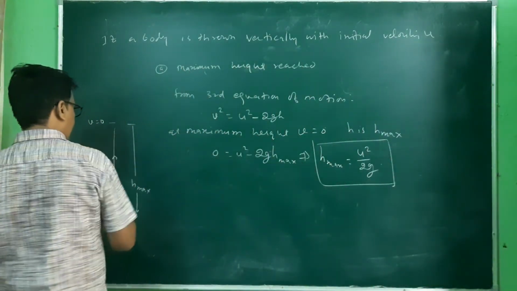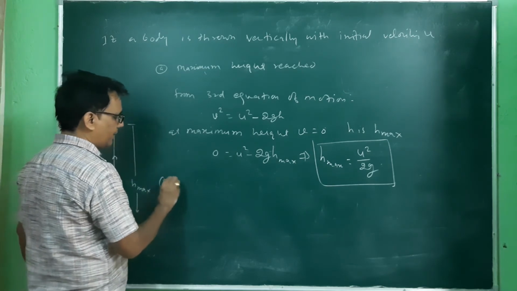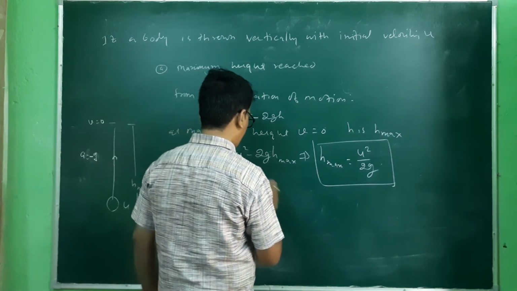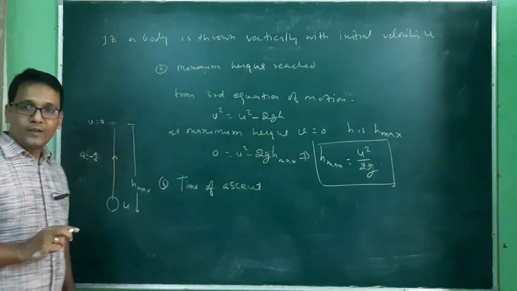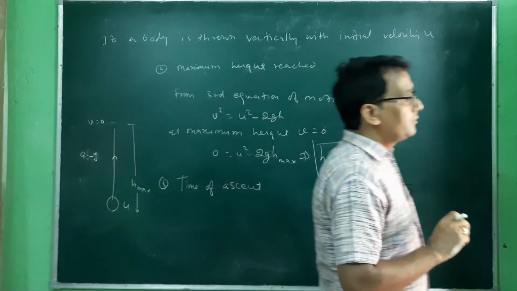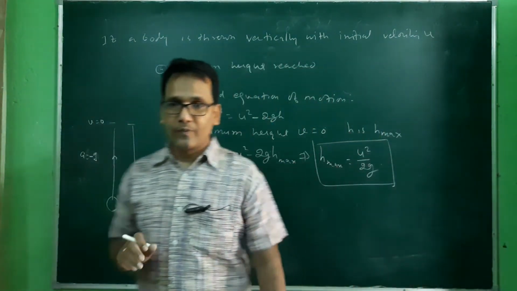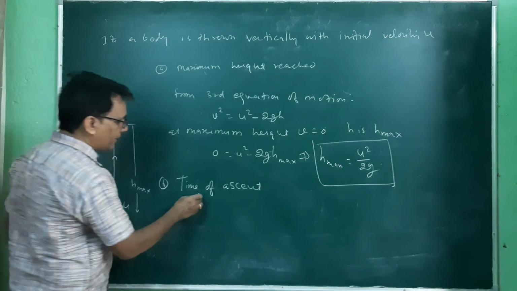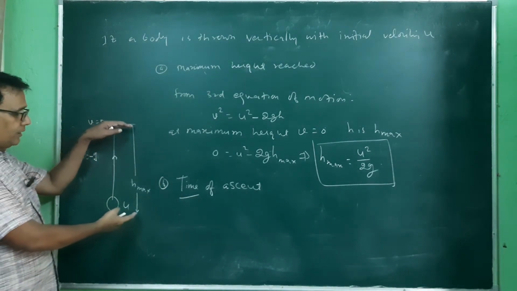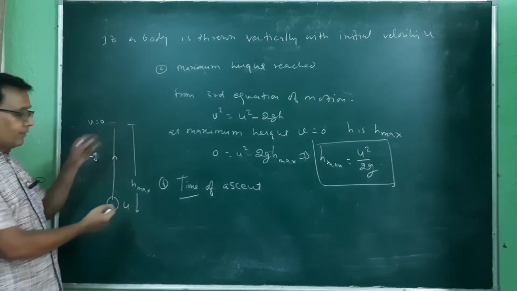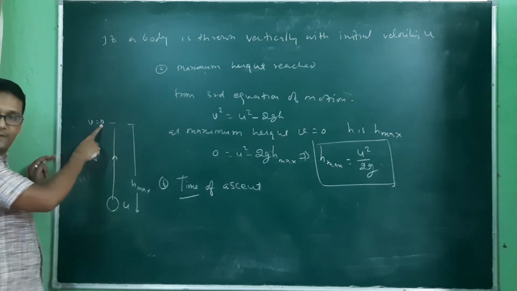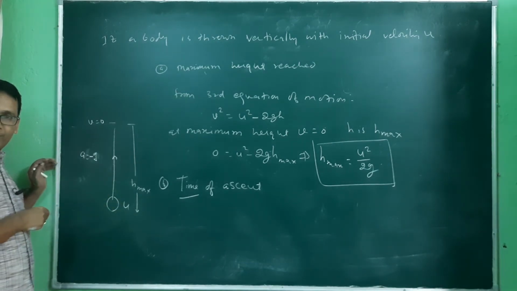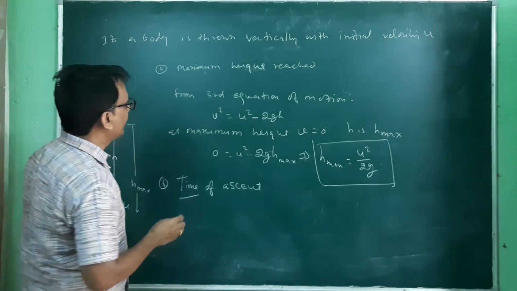Now the total time taken, that is the time of ascent or descent. So here we will use again, which equation is being used depends on the parameters given and what you are trying to get. Here we have to calculate time. Nothing about the height. We have initial velocity, we have the final velocity, and the time. And the acceleration due to gravity is given conventionally. So we will use the first equation of motion.